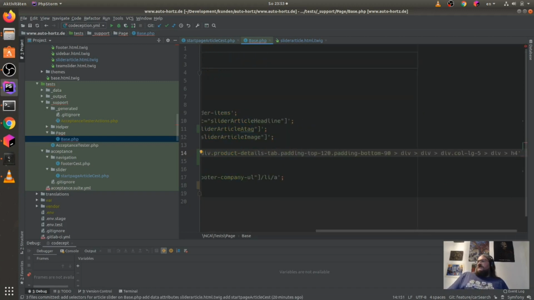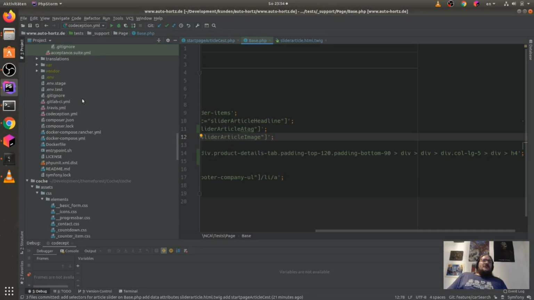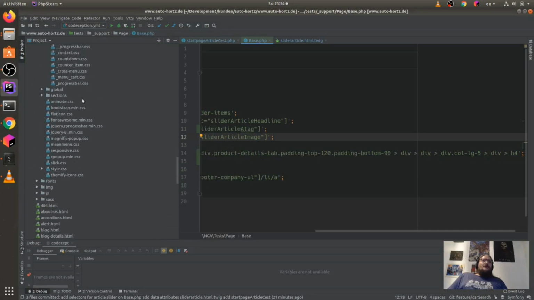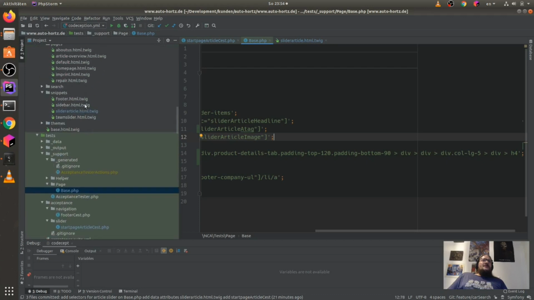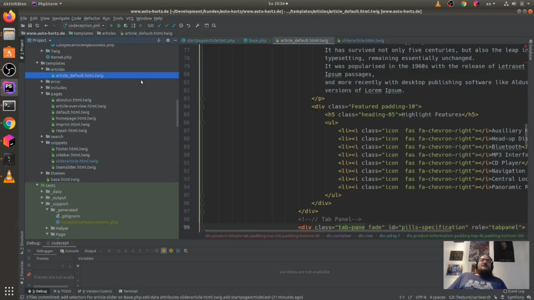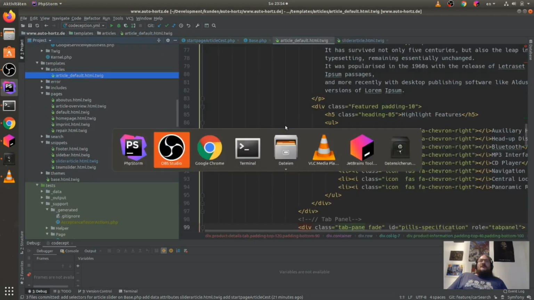Let me check, this is not the best selector here. We also add a better selector. So let's open the template from it. So let's check our template here for our article default, and we have this little headline here.